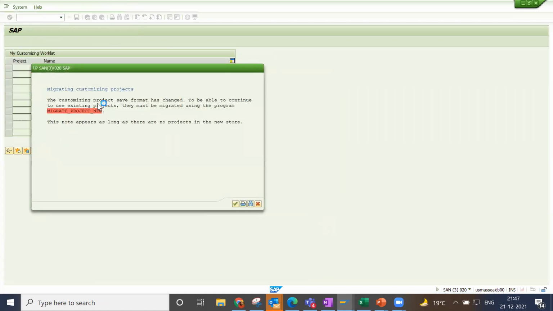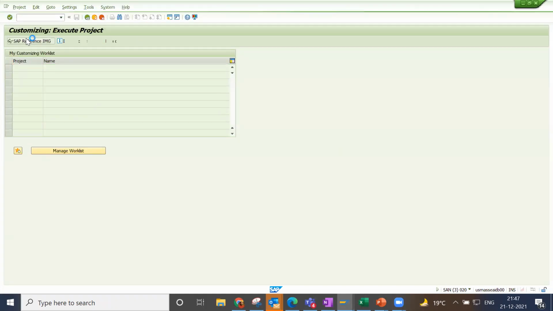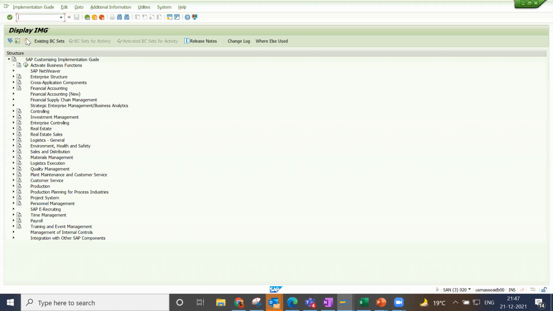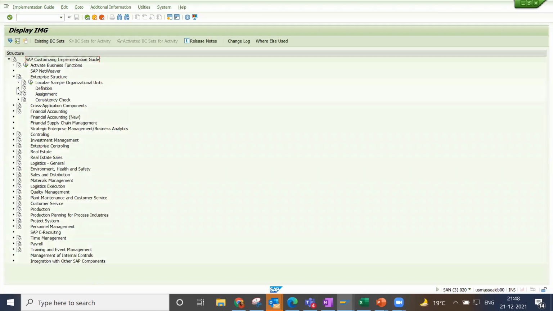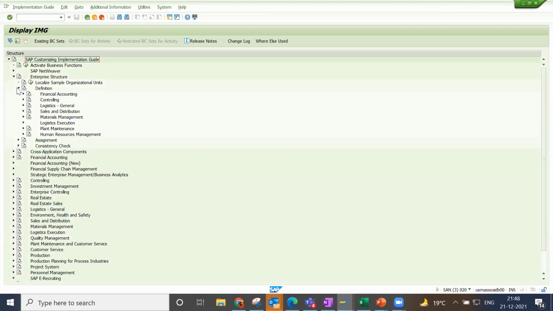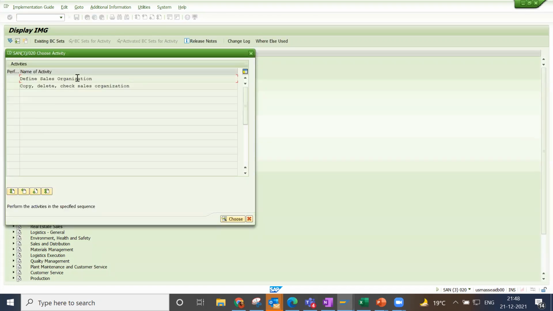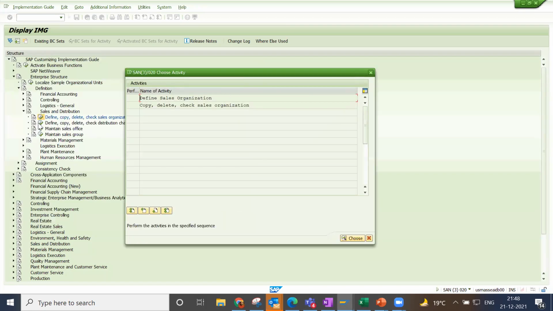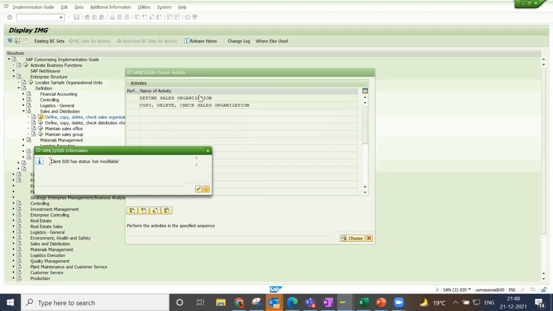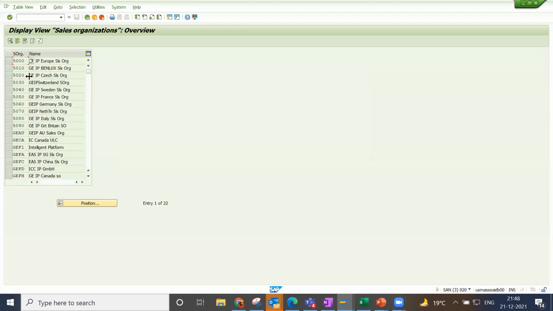Guys, everybody see this session. In the enterprise structure, we created the company code, plants, and purchasing organizations. From the SD side also, these SD people will create their enterprise structure: the sales organization will be there, a division will be there, and the sales office will be there. Under the same enterprise structure, we have SD, sales and distribution. Under sales and distribution, we define the sales organization here, just like MM guys define the purchase organization.